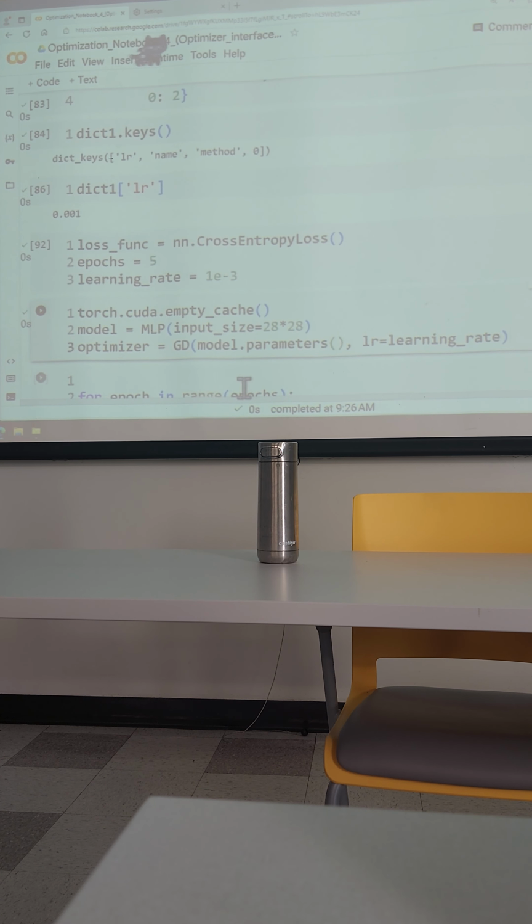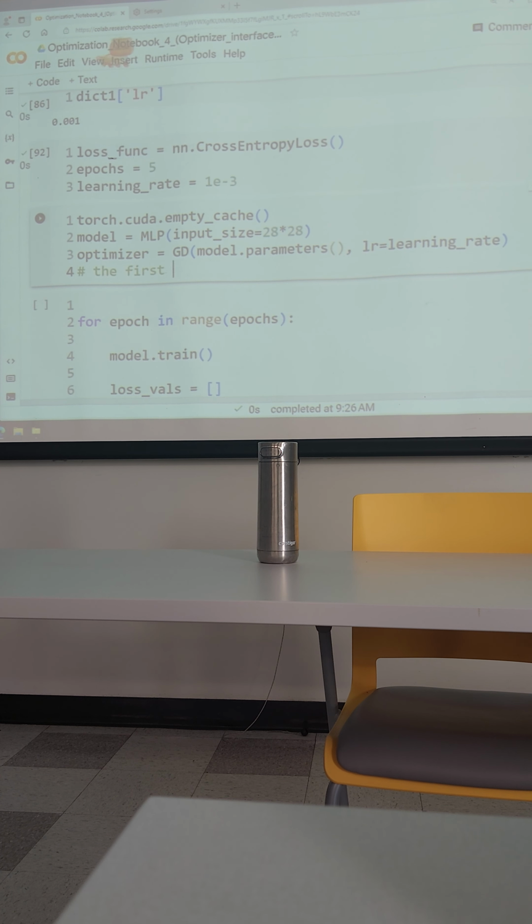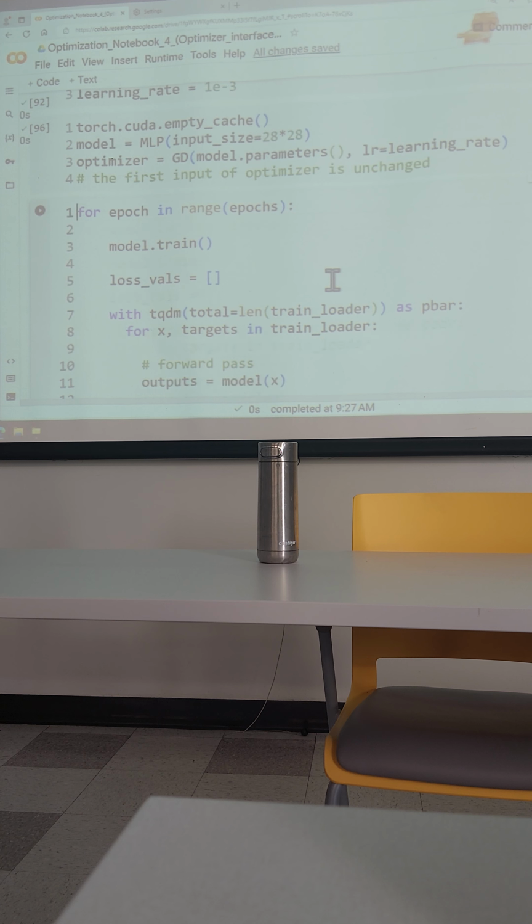Okay, so this is a model, and we initialize it, and then the optimizer. This is a template, so the first input of the optimizer is unchanged. So we shouldn't change this. So this is always this, and these parameters are up to us to define. Okay. Once we do that, we can run